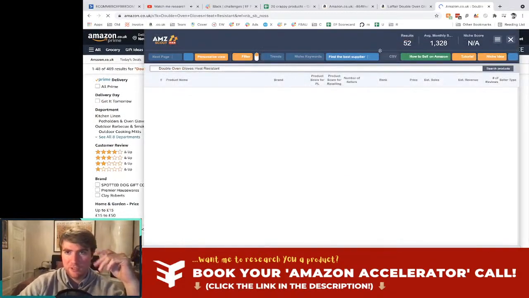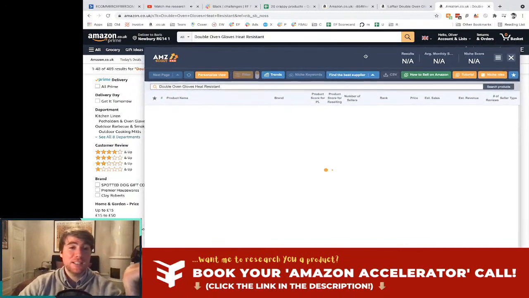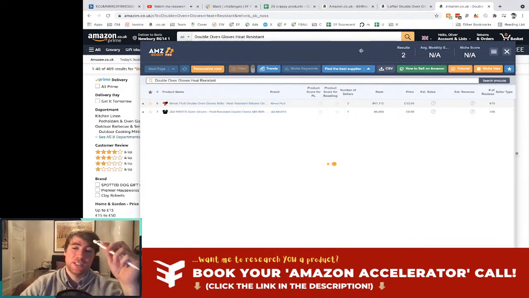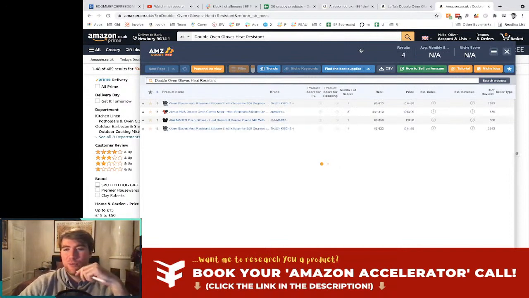Looking at the generic keyword, I've hit the AMZ Scout button. Gonna have a look. And really, this is it. It's quite a laborious process, right? It takes time to do this stuff. One thing I love to do when